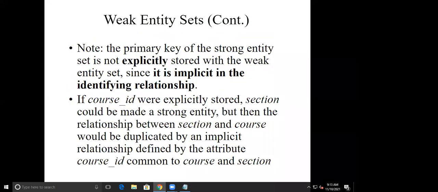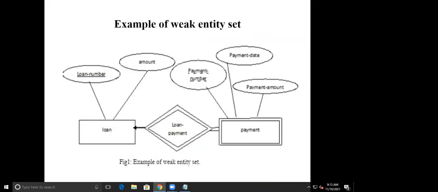So let us focus on this example. I will skip this slide and directly move to the next slide, so that during the conversion from ER diagram to the relational model, we will see this point. So now let us take, so this is an example for the weak entity set. If I'm having the loan account, then only we can go for the payment. So within that, the payment entity is completely dependent on the loan. Okay, so existence dependency is there.